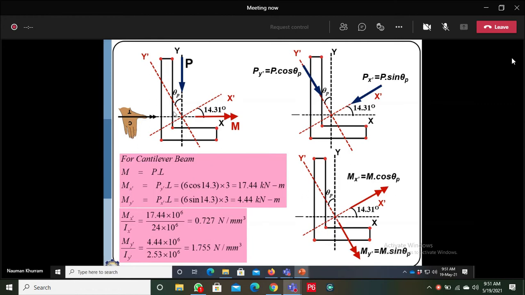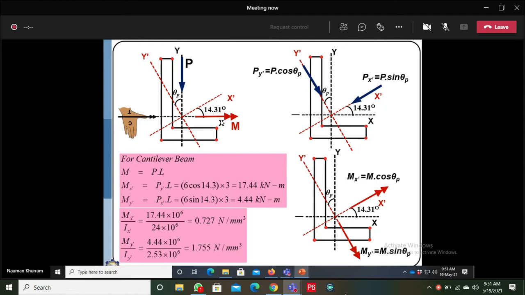The moment vector must be acting in this way so that it is compatible, showing tension on the top side and compression on the bottom surface. That you will use if you are dealing with the moment concept. Here there is a diagram where I'm dealing only with the load components, and this is a diagram where I'm dealing with the moment components. Anyhow, if you determine the resultant moment first, the resultant moment is acting along the x axis.